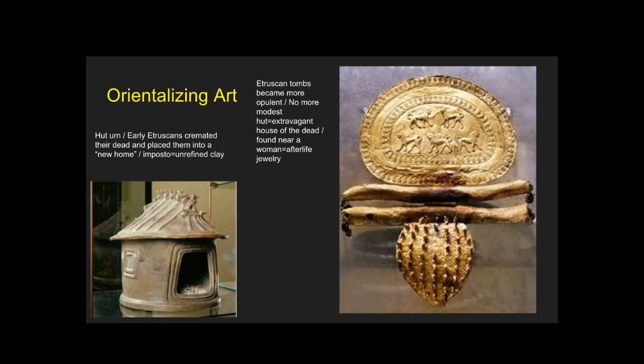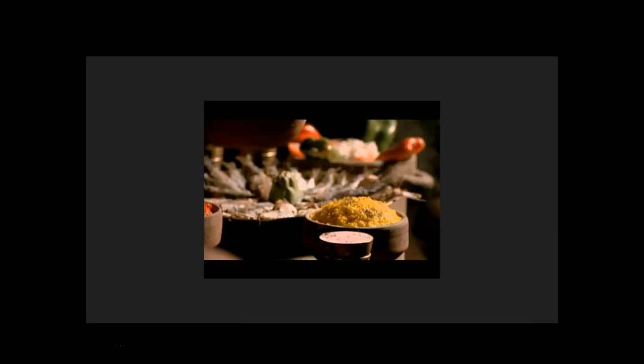So first off, we've got the Orientalizing period. The Etruscans successfully mined iron, tin, copper, and silver, creating a great wealth of environment. We have a pin on the right. If you look on the left, that kiln, I guess you would call it, is in the shape of what their tumuli would look like.